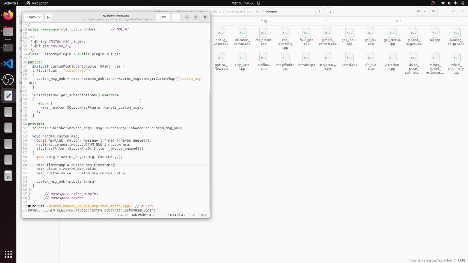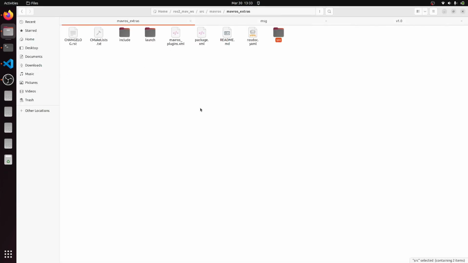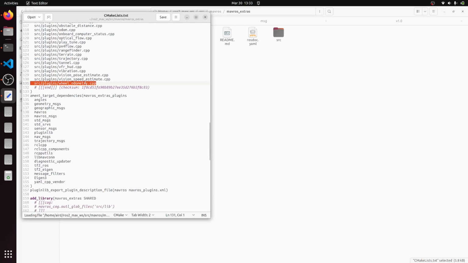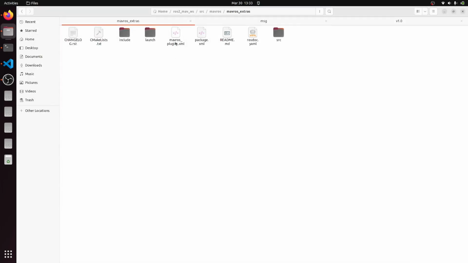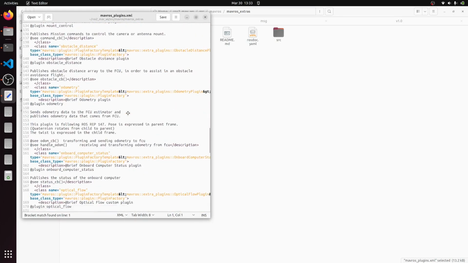Okay, now let's close it and add this in this CMake list file here. Okay, it's custom_message.cpp. Alright, let's save it. And one more change we have to do is inside MAVROS plugins, let's go to VFR